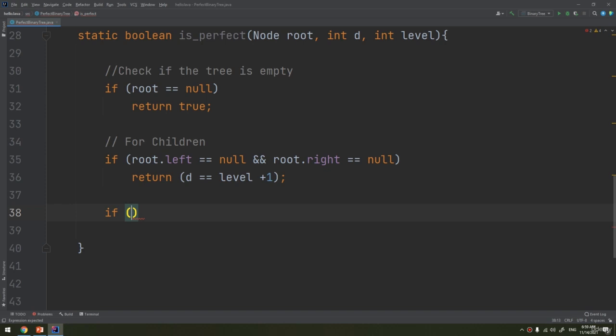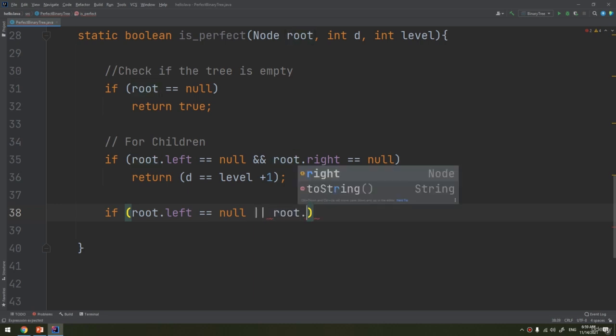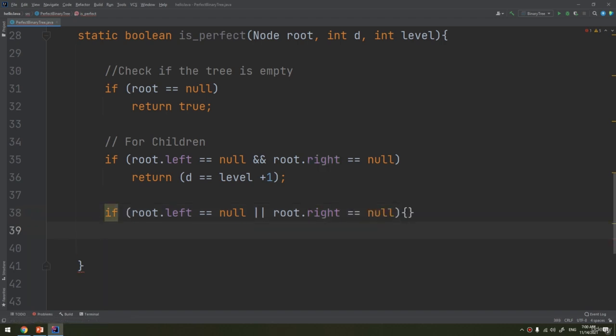No nested nodes at the left, and there exist at the right nested nodes, or vice versa. So it ensures that all the nodes are at the same level. So if root.left doesn't equal null, or if we have a root.right equal to null, if any of these would equal true, then it will return false, because we don't accept any left nodes, like at level 5, and at level 4